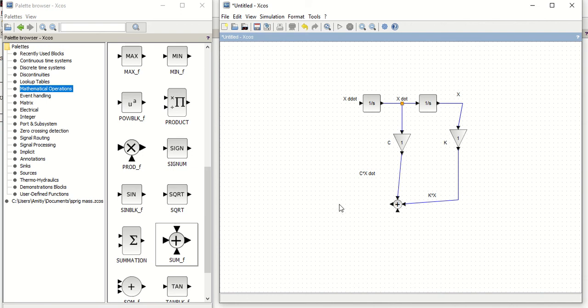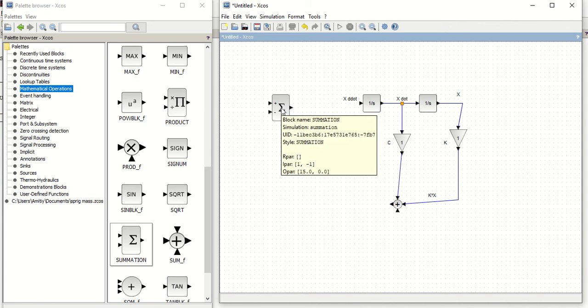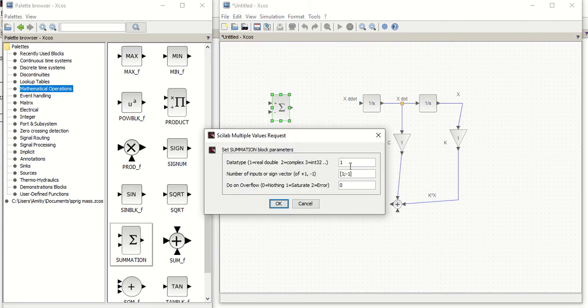Now our equation was F minus c dx by dt minus kx. So we need one minus to this. So for that I will be requiring one summation block. It should have plus or minus. If we are having, suppose, one plus here, I need to put minus here.